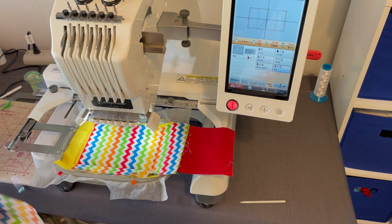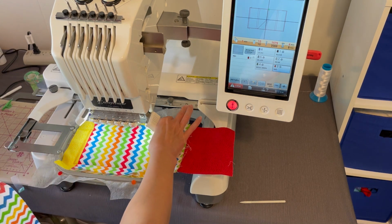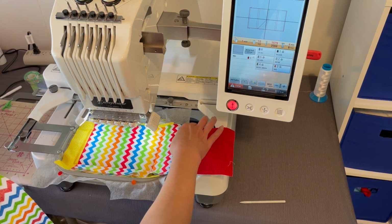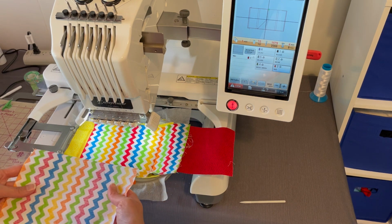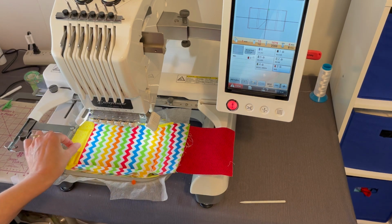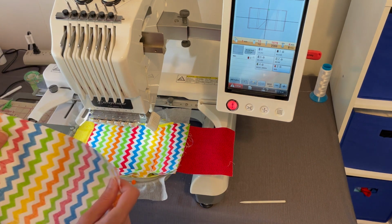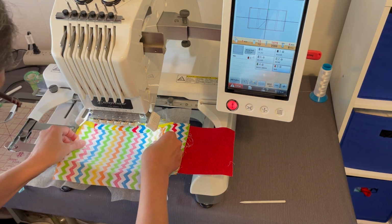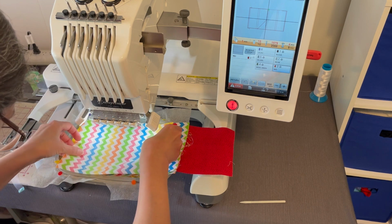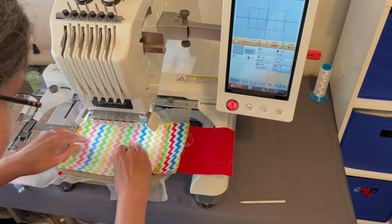Okay, the final step is going to be adding on the backing fabric. This fabric will be the back side of the front panel for the sunglasses case. And in this case, you want it to completely cover the rectangle. You want probably like a good 1/2 inch all the way around. And you don't have to do this because it's going to be the lining, but I'm going to go ahead and try to match up my chevron stripes and make sure that it's on straight. And then